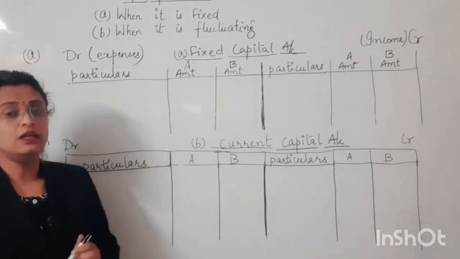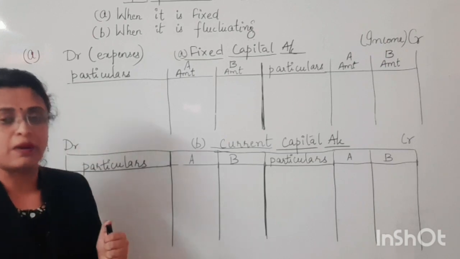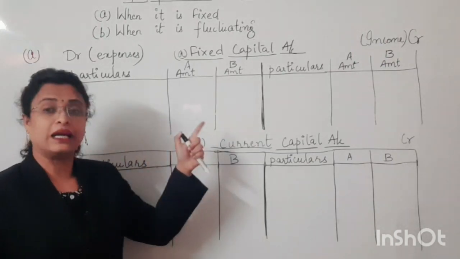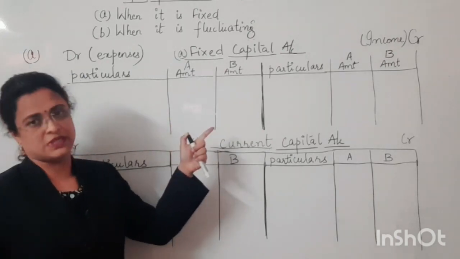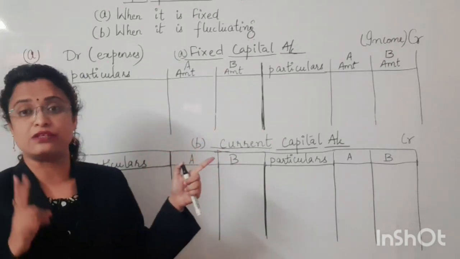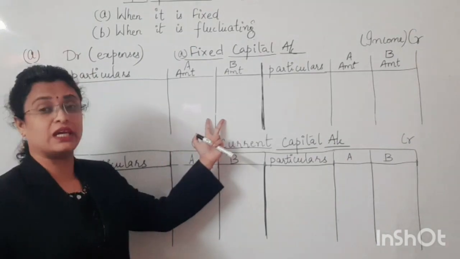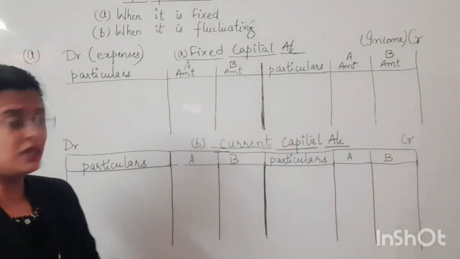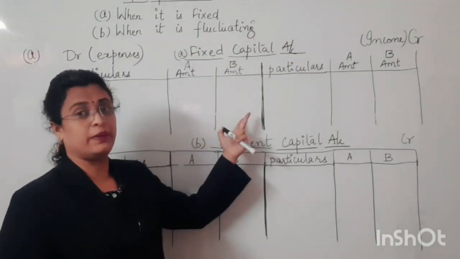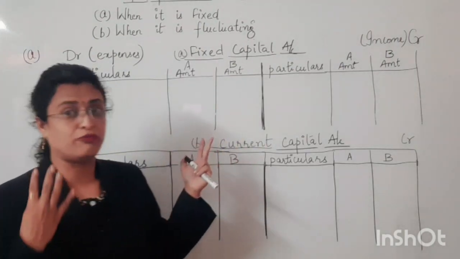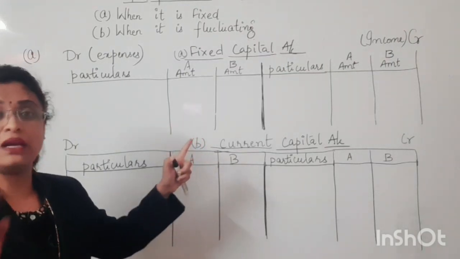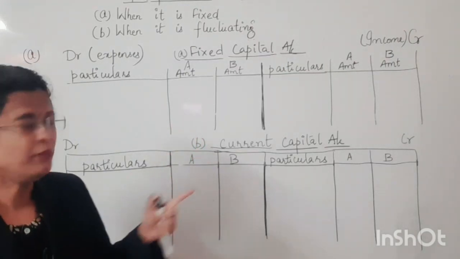So that's the reason, instead of making the separate partners' capital accounts A, B and C, we can make a combined partners' capital account also. I have assumed here 2 partners, that's the reason I have taken two amount columns. If there would be three partners, how many columns would there be? Three columns. If there would be four partners, then there will be four amount columns, depending upon the names which are given to you in the question.